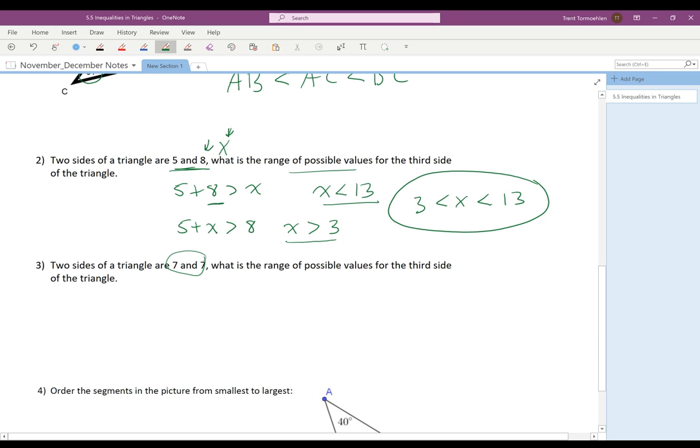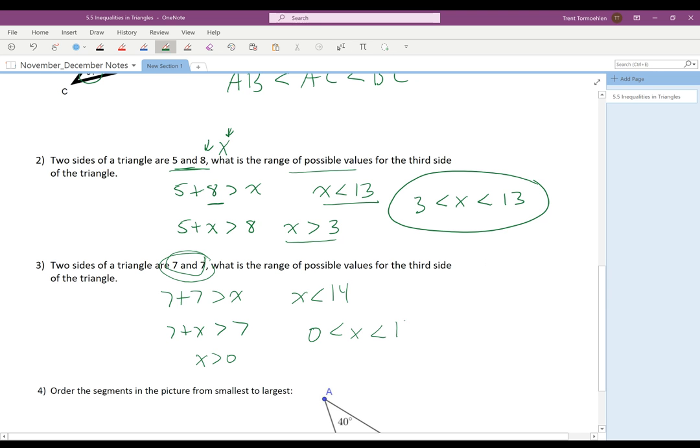This time, if we let X be the longest, and we know 7 plus 7 has to be greater than X, and so we know that X has to be less than 14. But this one's different because it's isosceles. Two sides are the same. And it turns out that it doesn't matter which one of those you choose to be the biggest. If you do 7 plus X is greater than 7, this is basically saying X is less than 7, then X would have to be greater than 0. And so the answer here is 0 is less than X